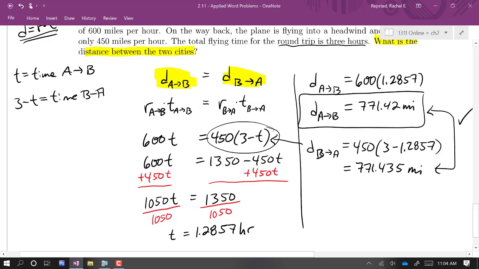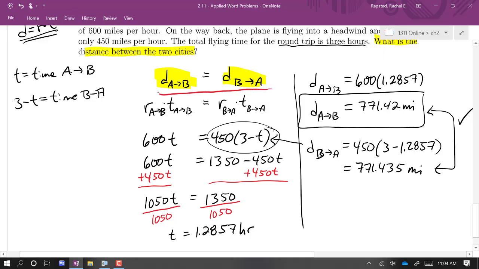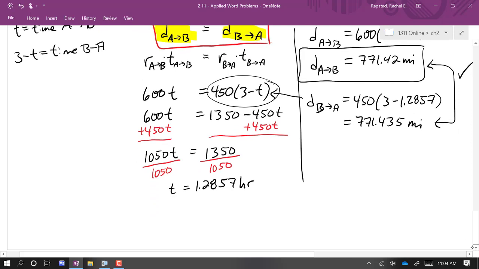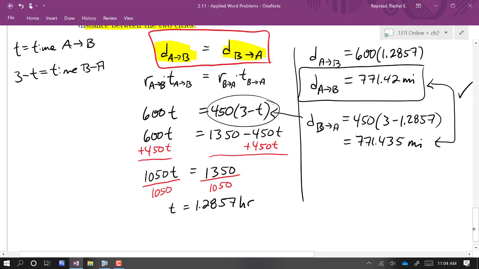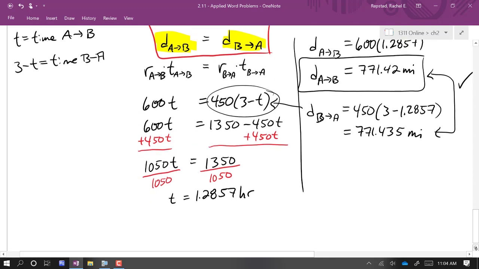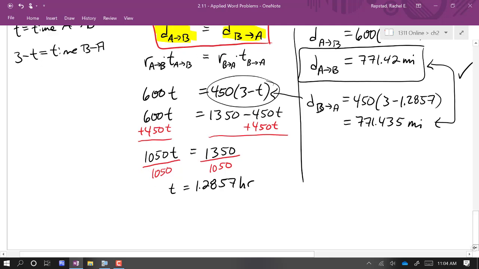This isn't the only way we could have set up this equation. As I mentioned in the beginning, I chose to focus on the fact that it's a round trip and these distances should be the same. But I could also have set up this equation so that the distance was the thing that I was solving for. And I could have used the fact that the total time is 3 hours, so that using distance equals rate times time,